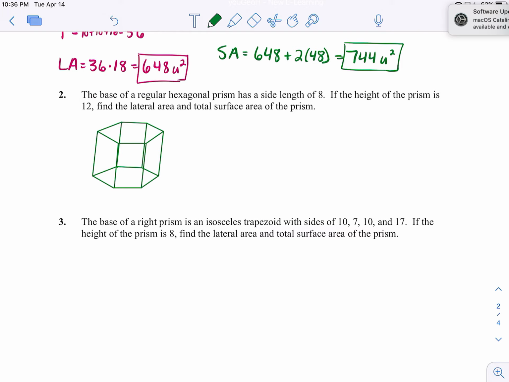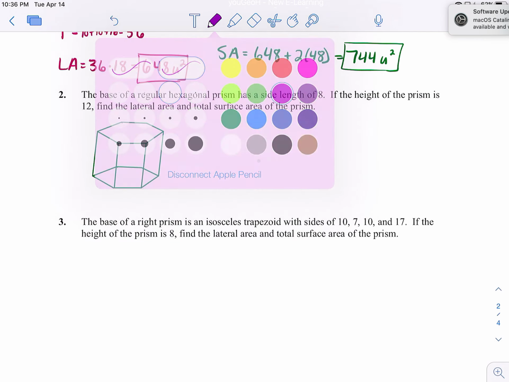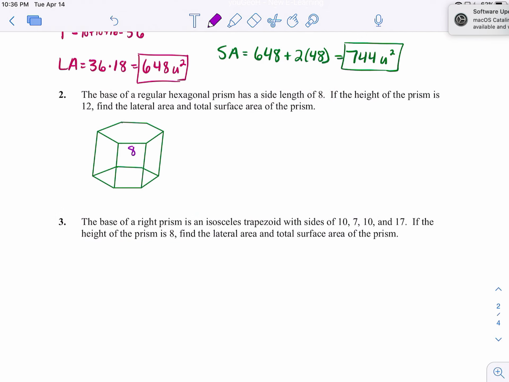Okay, all right. Those back lines are confusing me, so I'm going to leave them out. So we've got a hexagonal prism, and the bases each have a side length of 8. And it's regular, so we can assume that all lengths are congruent. It says the height of the prism is 12. What that means is all of these vertical lines we drew in are all going to be 12 units long, and all of these lateral faces here will be 8 by 12